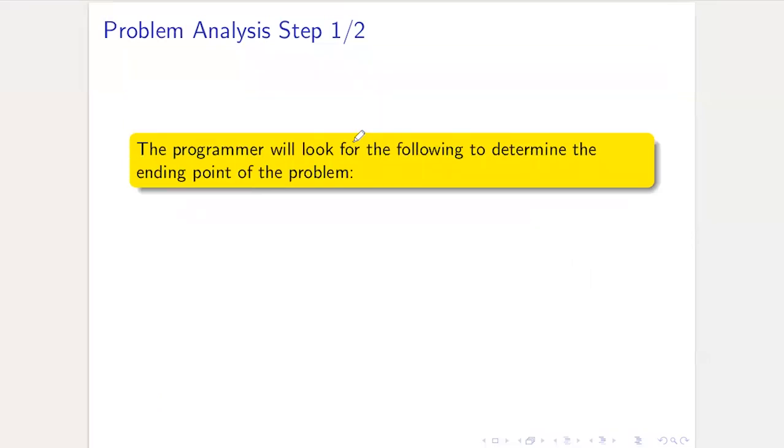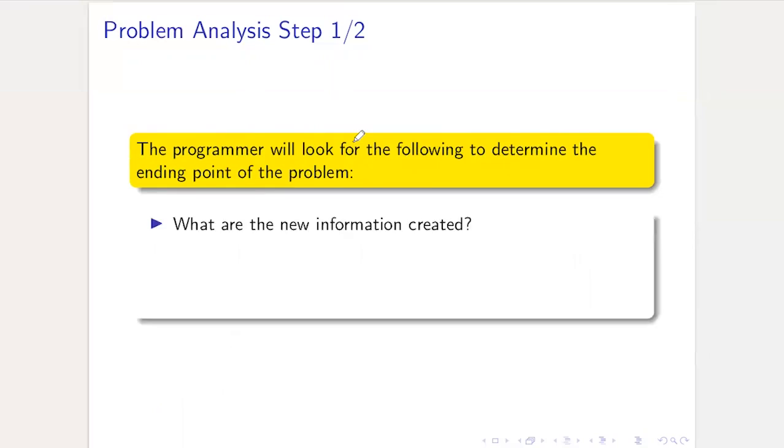And those are for the starting point. And for the ending point of the problem, the program will look at things like, what kind of new information have I created? So in the previous lecture, you have discussed this, giving input, processing, and then getting output, and how what we give as input we call data, and what we get as output we call information. So data to information, and then again you were introduced to the fact that